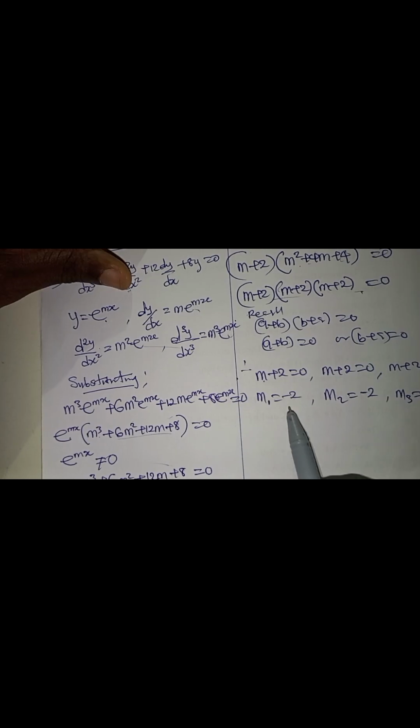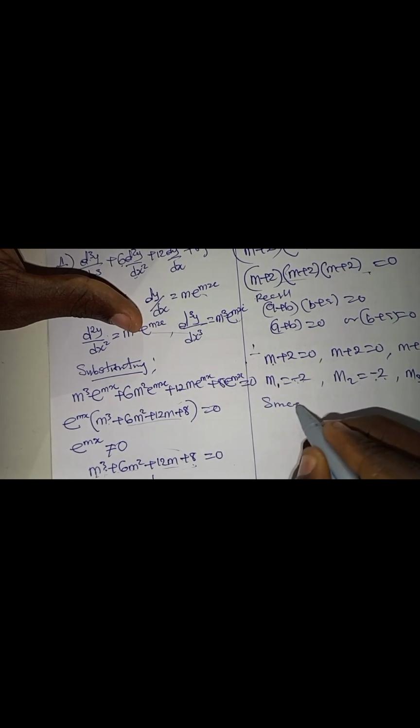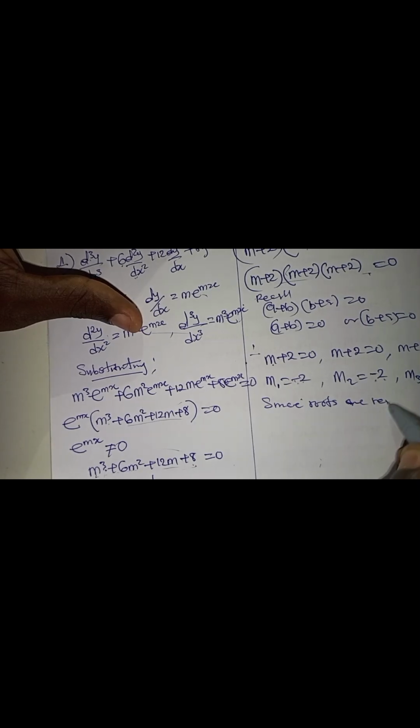I gave a condition for when the roots are real and repeated. So this is a real root, but if you check very well, they are repeating. I have minus 2, minus 2, and also minus 2, so they are repeating. You can just indicate here by saying, since roots are real and